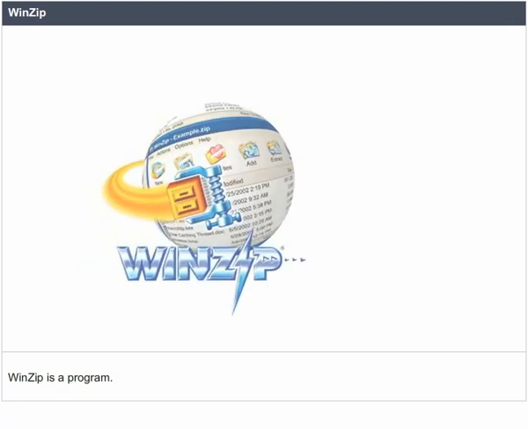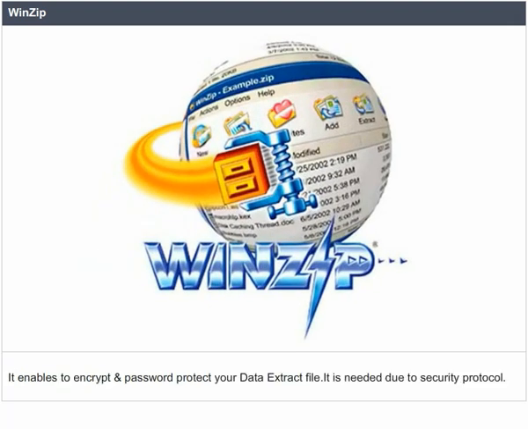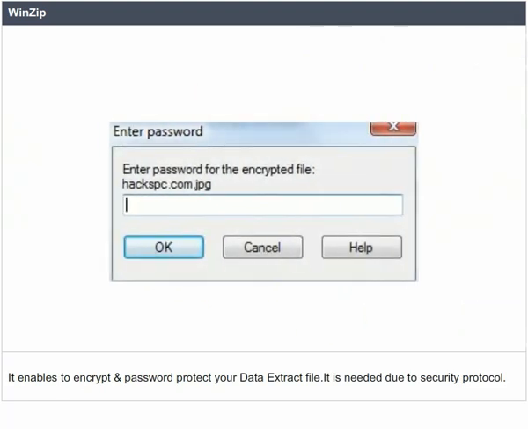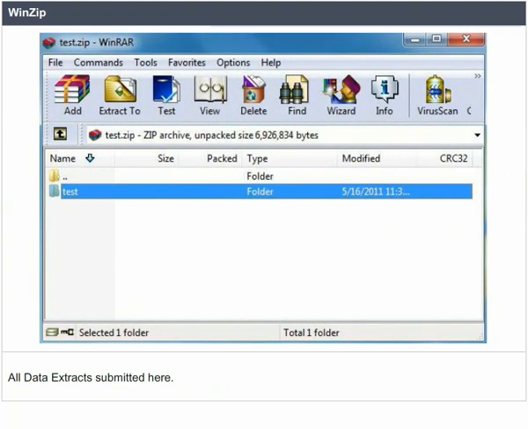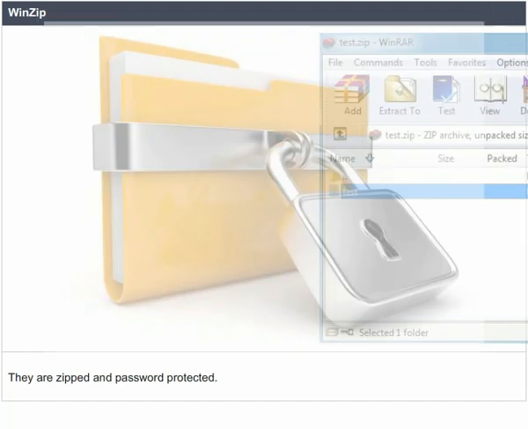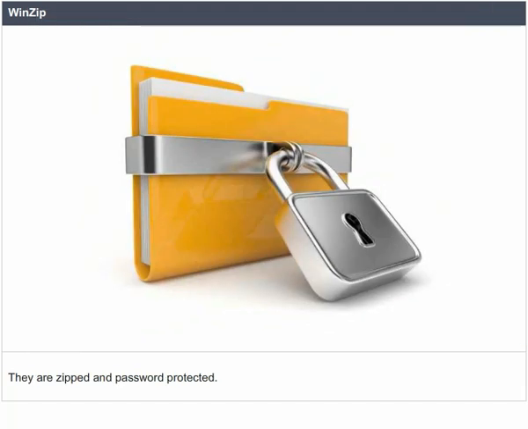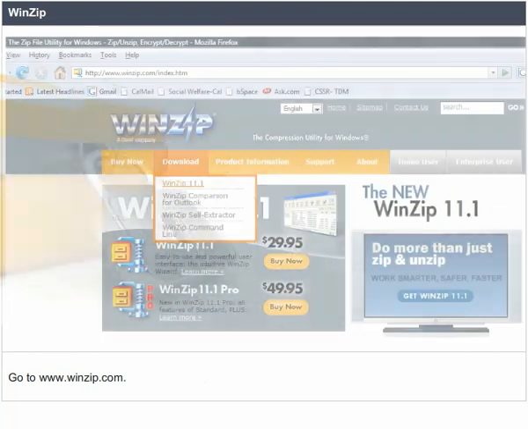WinZip. Let's move on to WinZip. WinZip is a program. It enables you to encrypt and password protect your data extract file. It is needed due to security protocol. All data extracts are submitted here. They are zipped and password protected. Go to